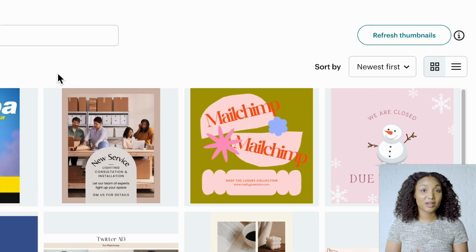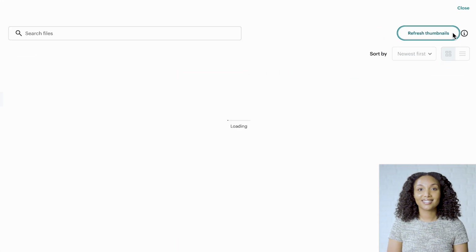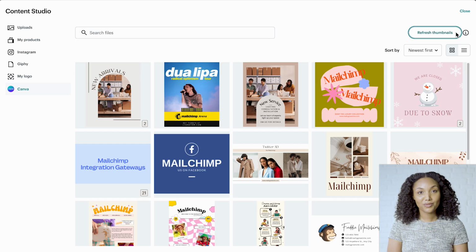Now before we move on, let's have a quick chat about syncing. When you edit or add designs in Canva, the updates will refresh in MailChimp on their own, but you can click Refresh Thumbnails to view your latest changes. And to save you time, we sync multiple versions of a design at once. We also do this if you have unique designs nested under one image. With that said, multi-image syncing could vary depending on your settings in MailChimp. For more information, stop by our Help Center.